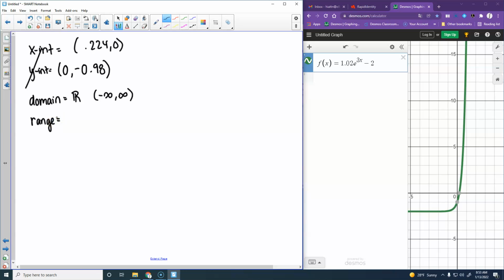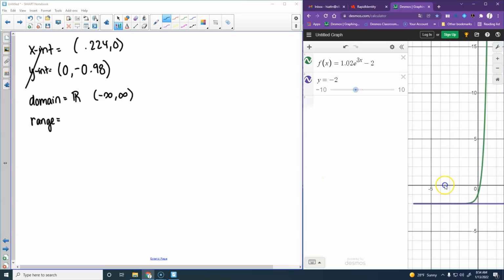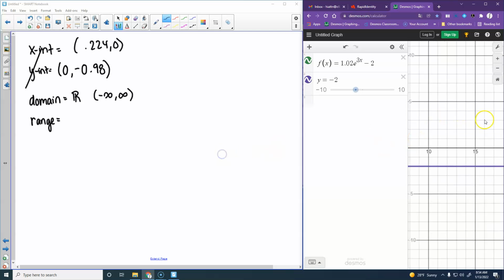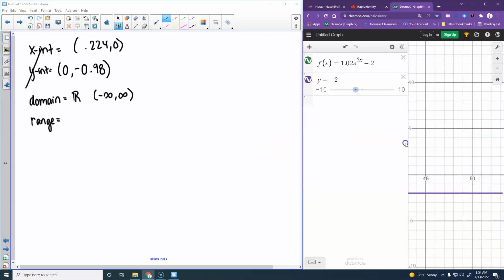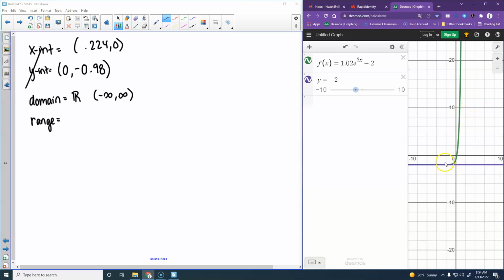In this case, for our range, we're thinking about our y-axis. We're thinking about how far up or how far down we can go. If we think about how far down this graph goes, it looks like it stops right here at negative 2. When we put in a line at negative 2, and look over here, you can see it never really drops below that negative 2. So we have a horizontal asymptote there. Negative 2 is the very lowest we're going to go